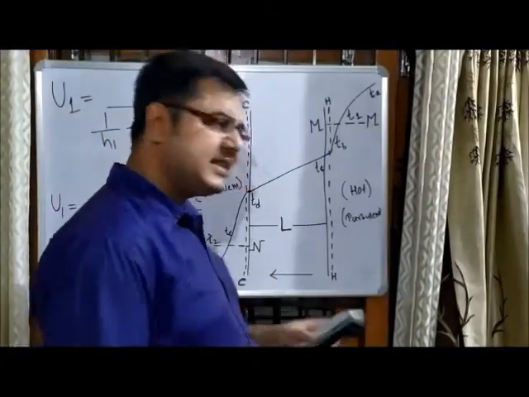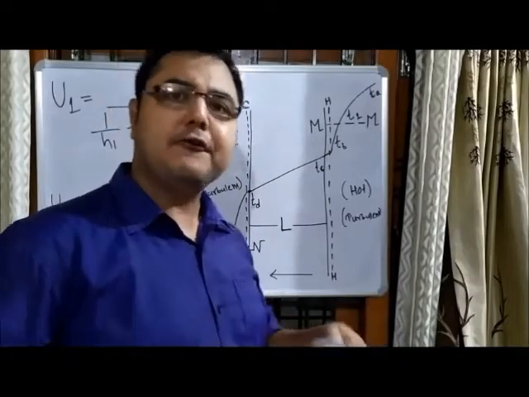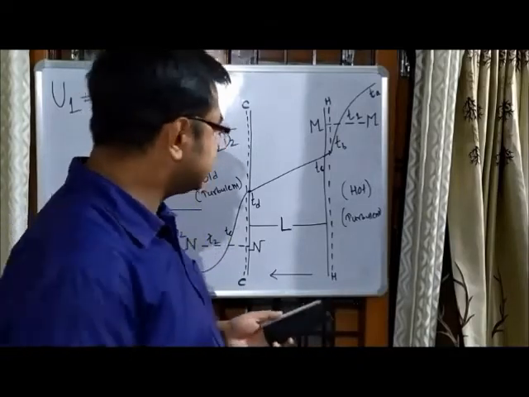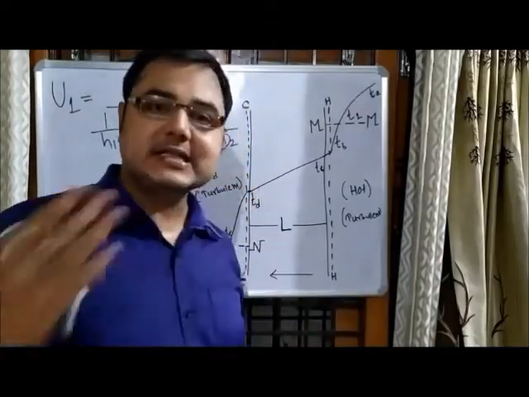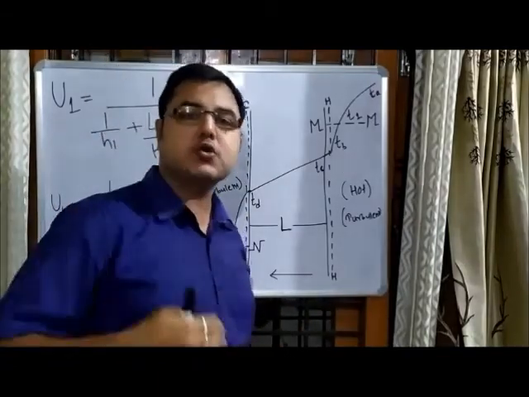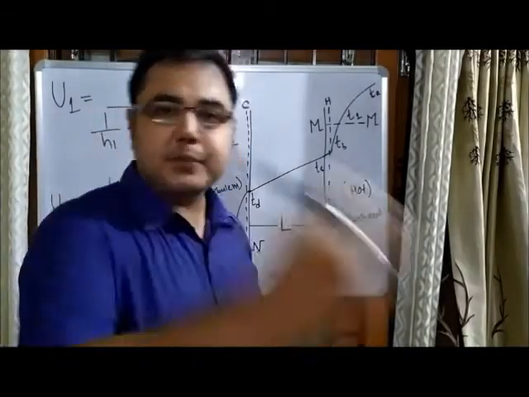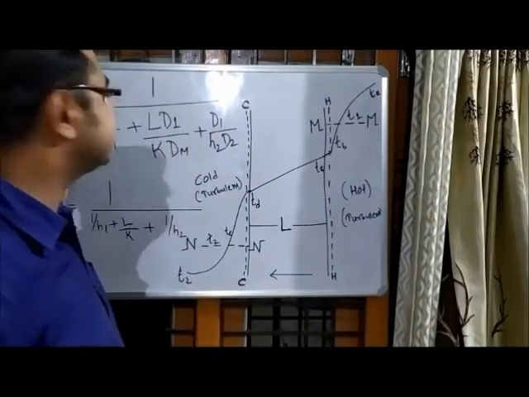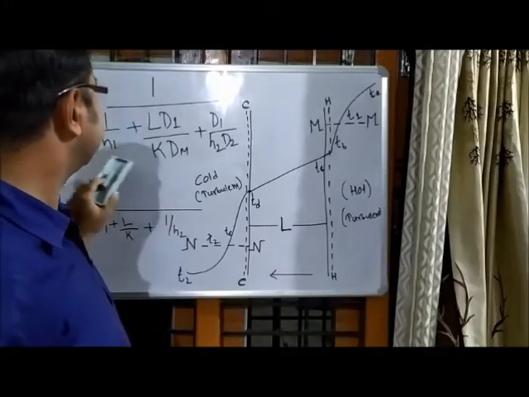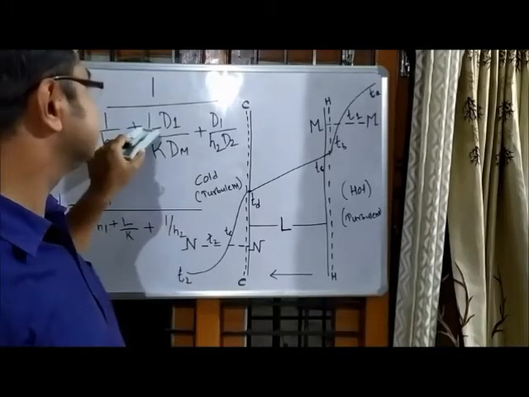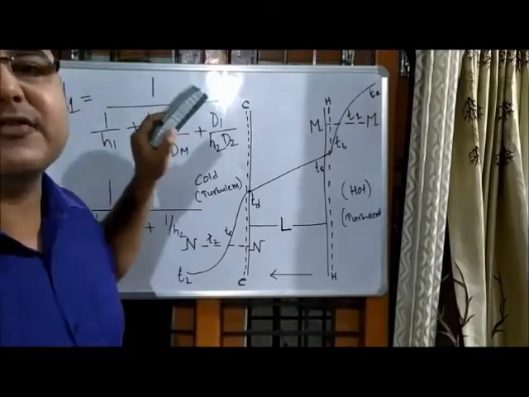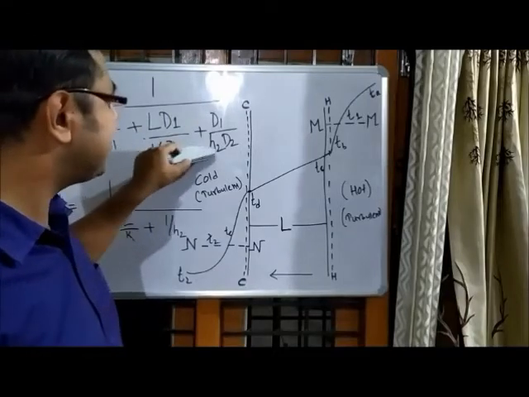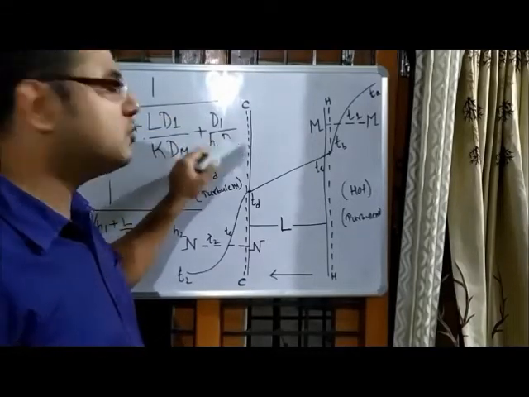Now if we consider the above equation for a tube with a diameter of D and length of L, for a tube we can also assume that the diameter is mean proportional to the area. So in such cases we can write the earlier equation as U1 is equal to 1 divided by 1 by H1 plus L into D1, here in place of A1 we are using D1, L into D1 divided by K into Dm plus D1 divided by H2 into D2.